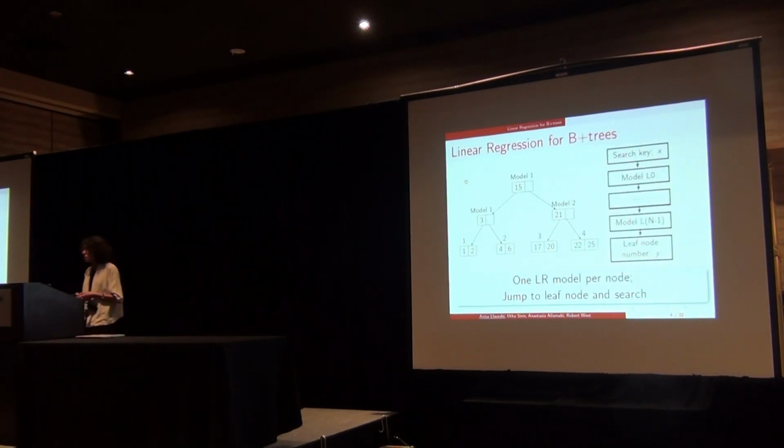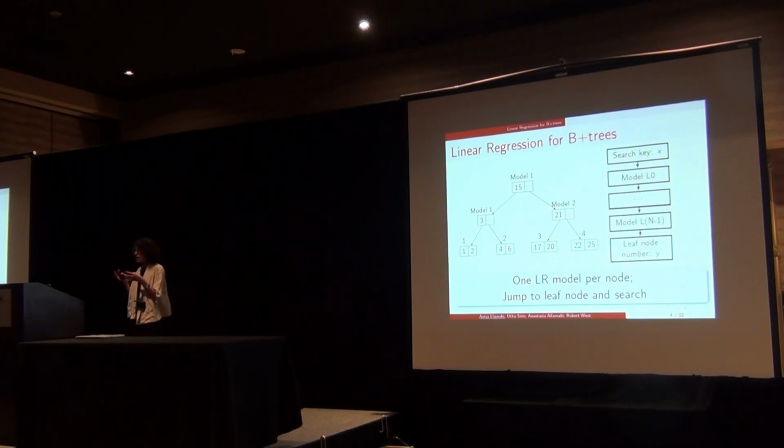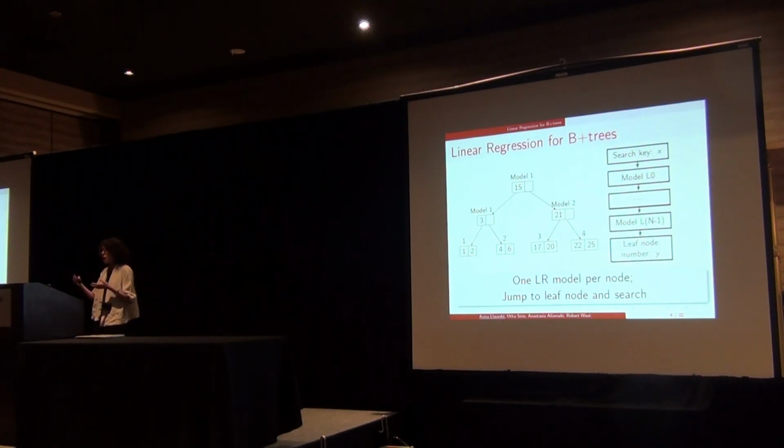In this work, we propose a different and simpler solution. We suggest using linear regression models in order to accelerate the search operation of a B+tree which also supports inserts. So, given a B+tree, we create a linear regression model for each inner node in the B+tree. These models will then be used to predict the node where a key will traverse in the next level